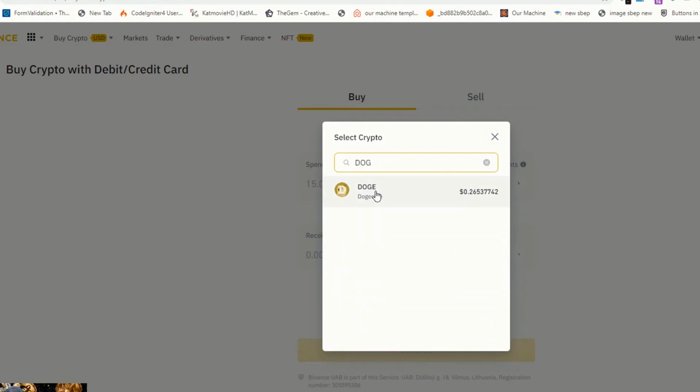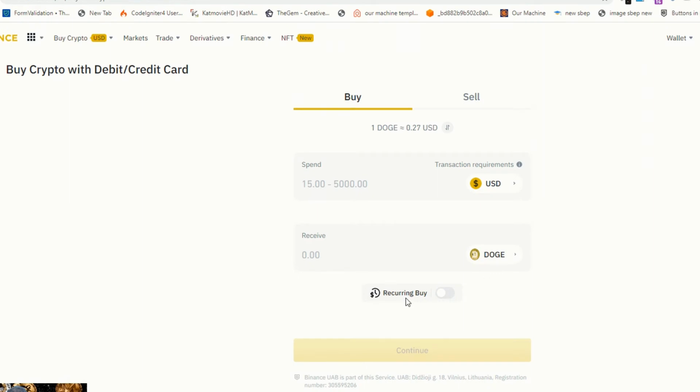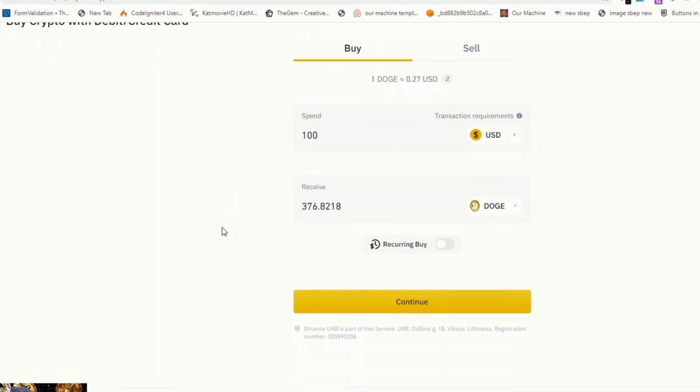I'm going to buy Dogecoin. Let's suppose I'm going to spend $100. Fine, I'm spending $100 and buying 376 point some Dogecoins.